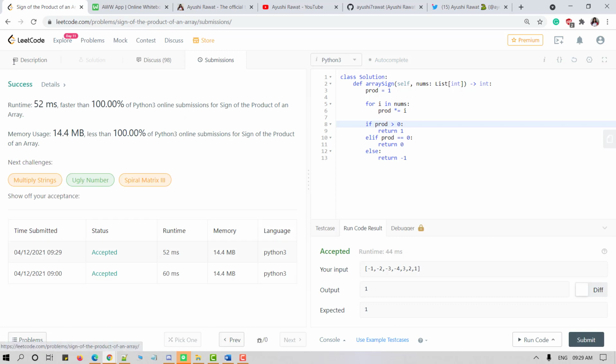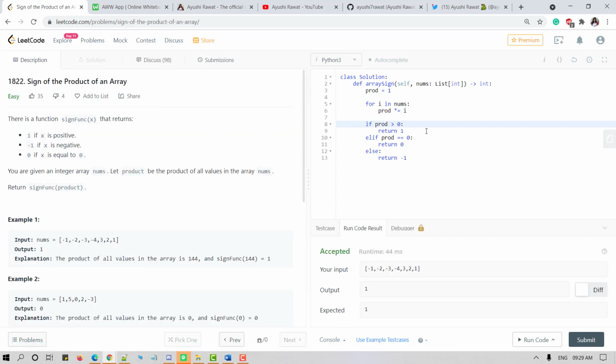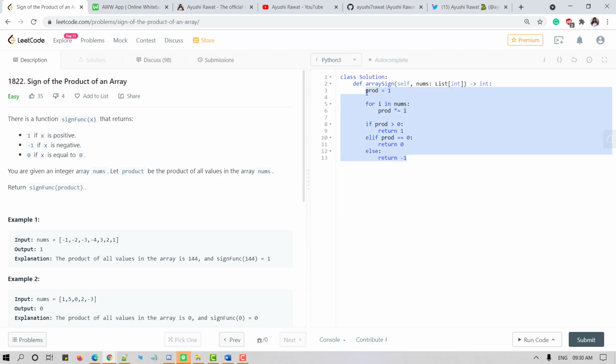Now if you observe, was there really a requirement to calculate the product? We can just keep track of the positive or the negative numbers. Say for example, if we count the negative elements and if the count comes out to be odd, then it's obvious that the product is going to be negative. So all we have to do is keep track of the negative ones. So let's modify our code accordingly.